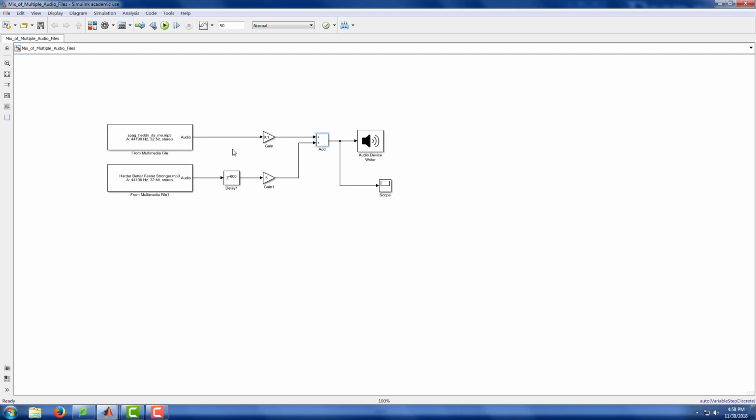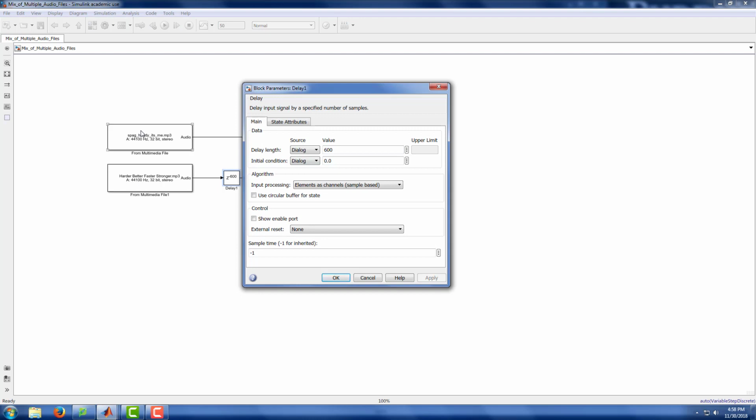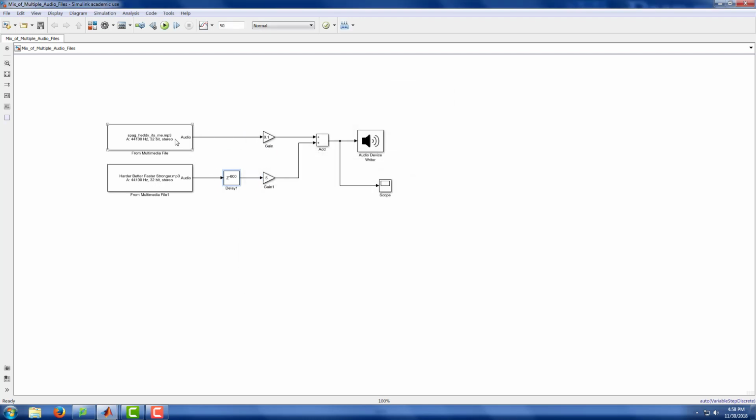You can also use delays in this, so we delayed this one for a couple seconds here, and that way it's just going to wait until this song gets partway through and then start this song, and vice versa. You can add multiple different ones in here, or delay this one or anything else. So if we run this here,